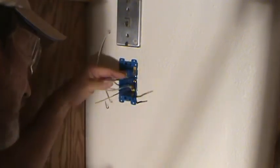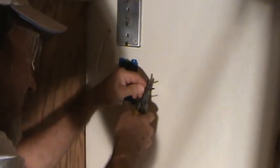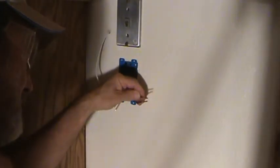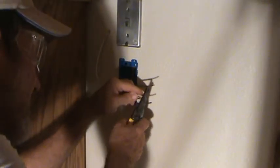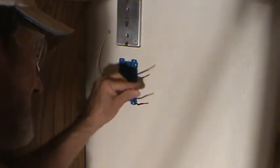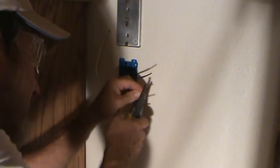Okay, I'm going to strip off about 1 inch on all these wires now. And I don't have to measure 1 inch. I can kind of eyeball it, it's about that much. If you need to, don't go too far. You can go less, and you can hold your tape measure up there and see how much further. Once you get it, then you can hold up all the other ones